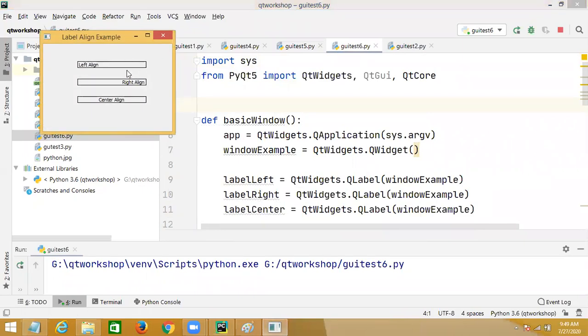Yeah, you can see the border is there and this is left align, this is right align and this is center. So what is the problem when I install PyQt5? It shows failing building wheel for... no idea. Supriya, I don't know why you are getting that error.